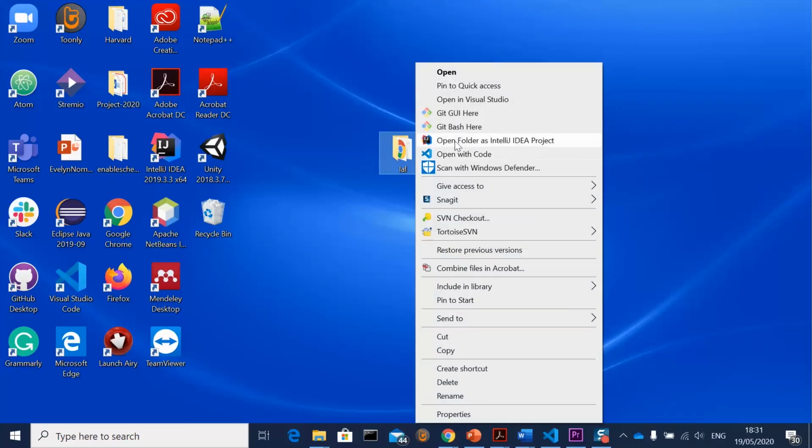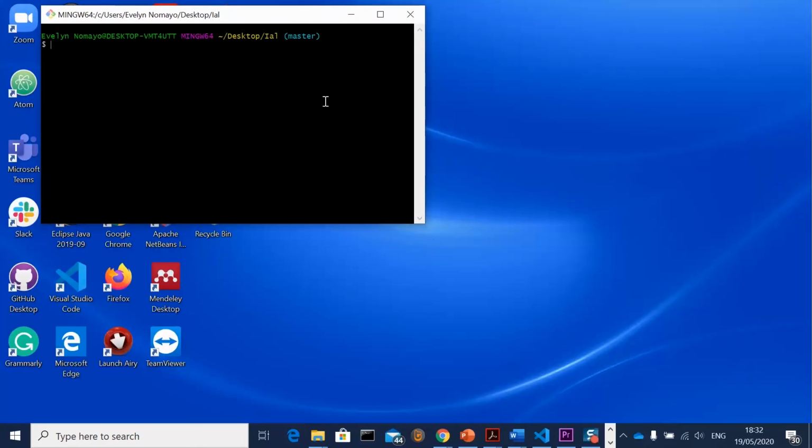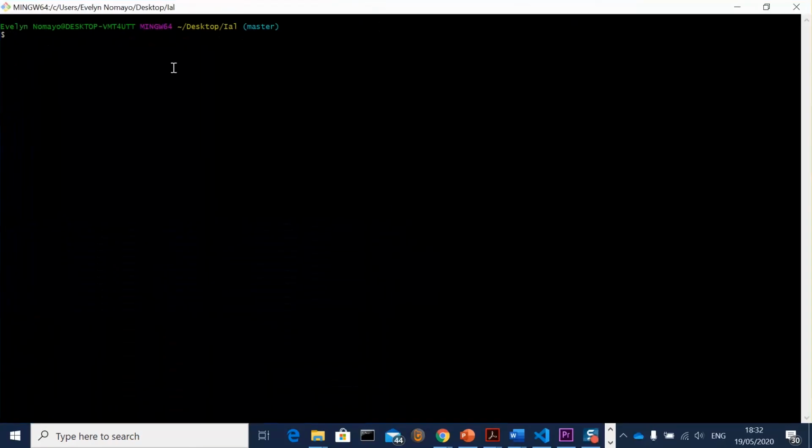I'll right click on it and choose Git Bash Here. This opens the command line window. I'm just going to expand this so we can see it clearly. So what do we do now? Look at the path: we are actually located in the IAL folder. Now, if I want to add everything that we have created,